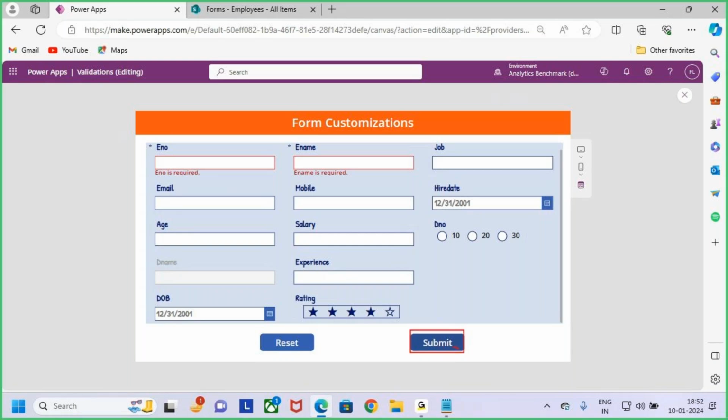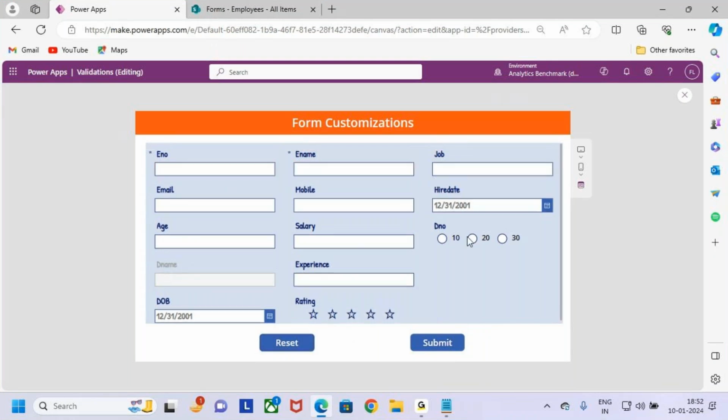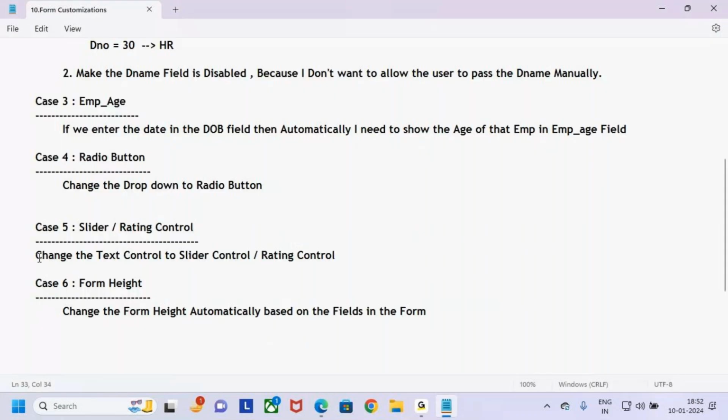Once I click on the submit button, whatever rating you are selecting here, the same rating is going to be submitted to where? The data source. What's my data source? SharePoint is my data source. So these are the types of customizations we are able to perform, guys. So we discussed here how to change the text control to a slider control or a rating control. And the next one is